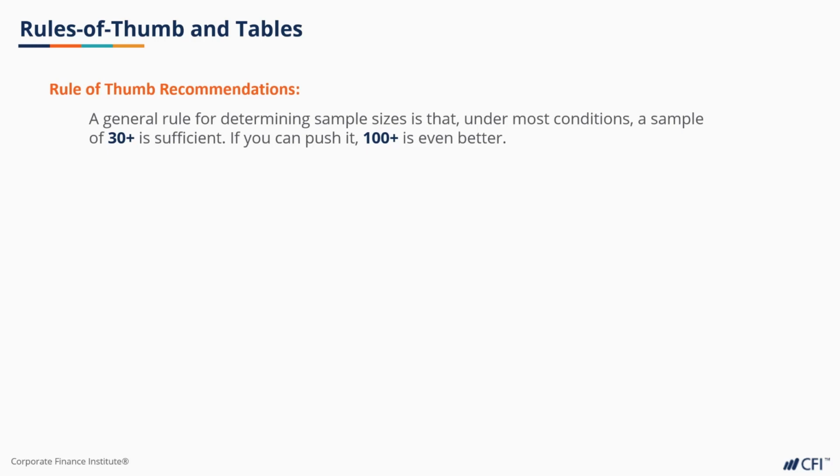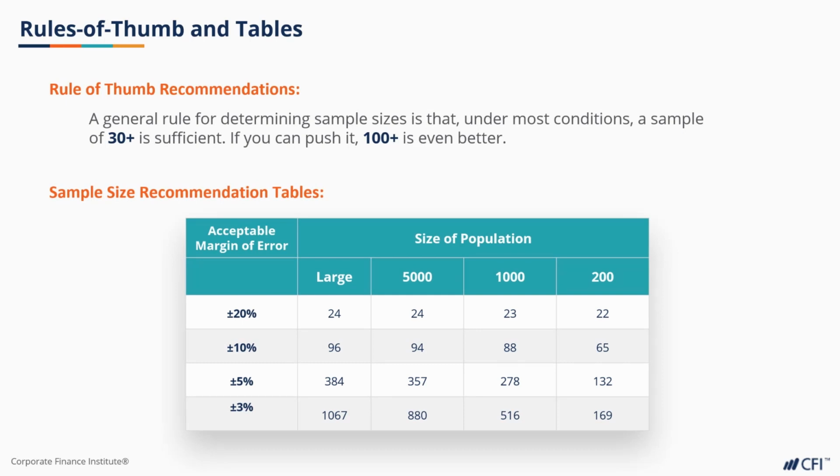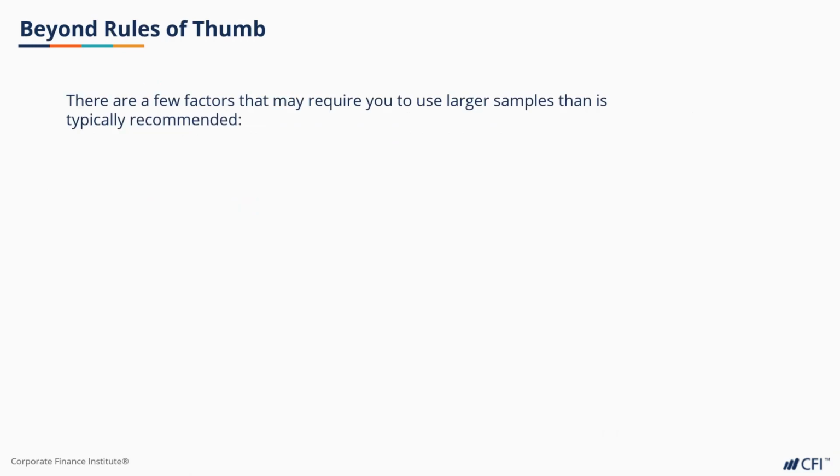If your budget is a bit more flexible, and you know your population size and desired margin of error, then you can refer to a table like the one below. These general rules and tables are a good place to start. Just keep in mind there are a few factors that might drive you to want much larger samples than what